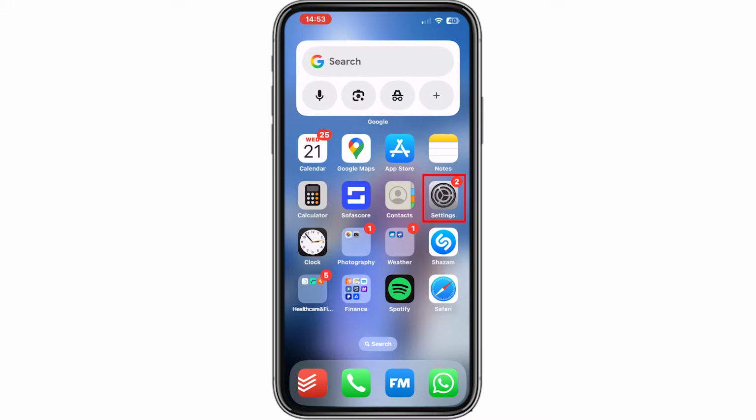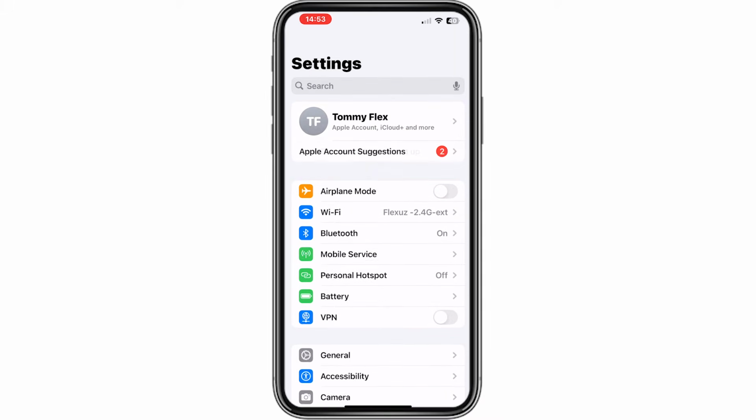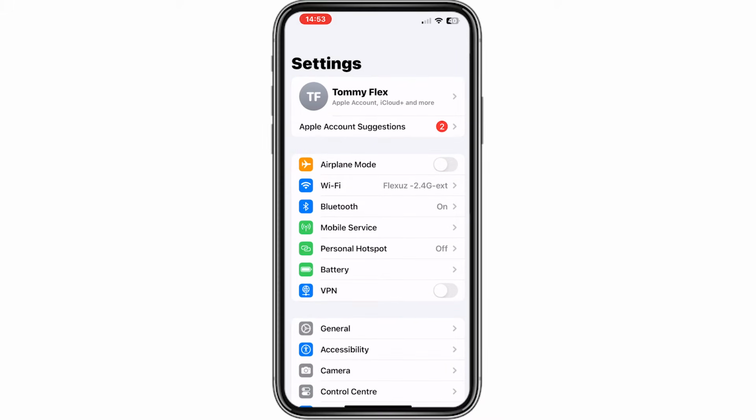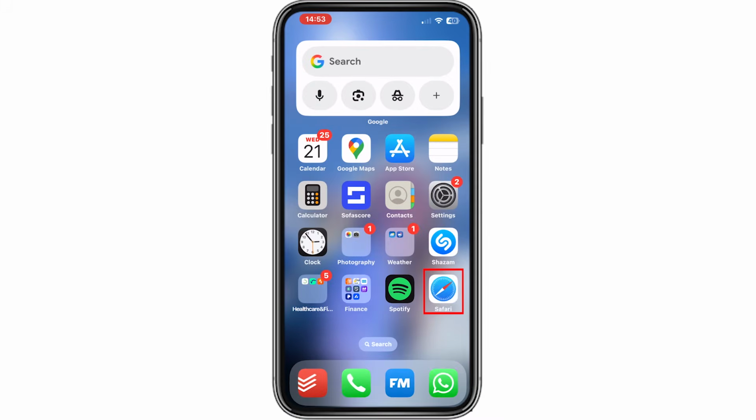Alright, first of all we go to settings and we need to be sure that your Wi-Fi connection is strong enough. Then also turn off your VPN if you are using a VPN, and those two settings are very important to start. Then what we need to do now is throw this one away and go to Safari and write down